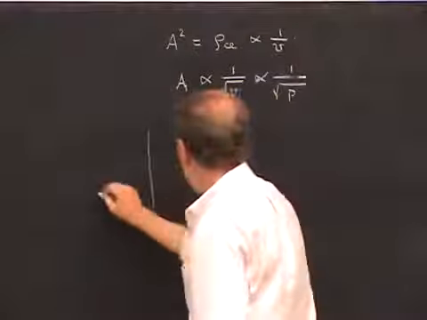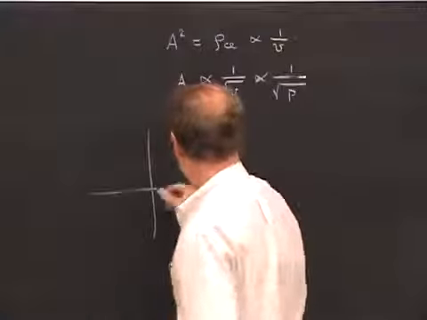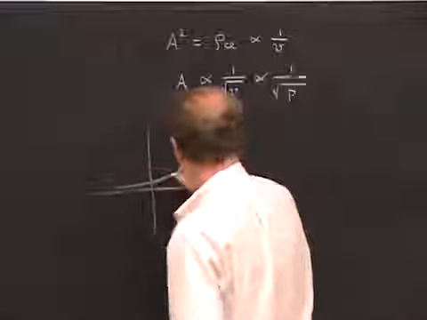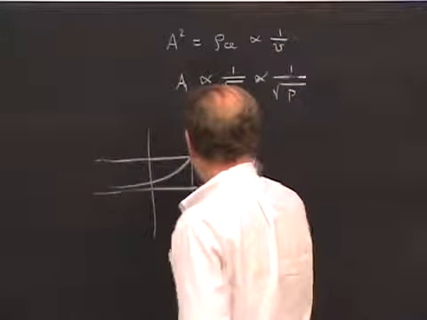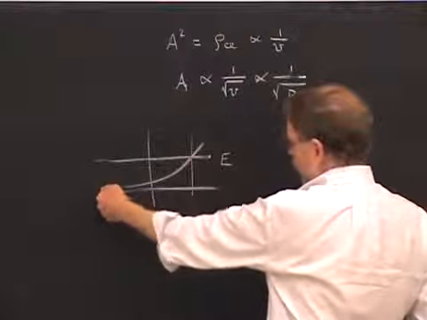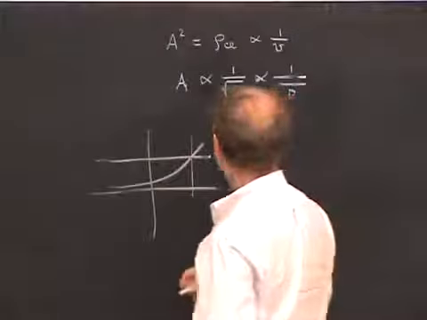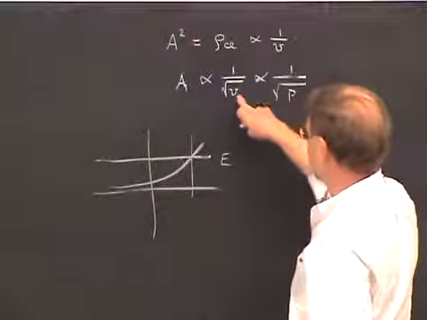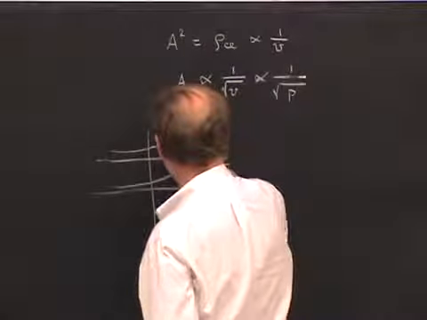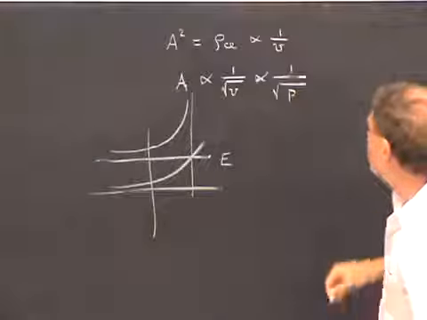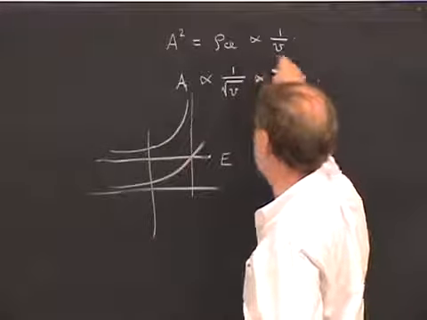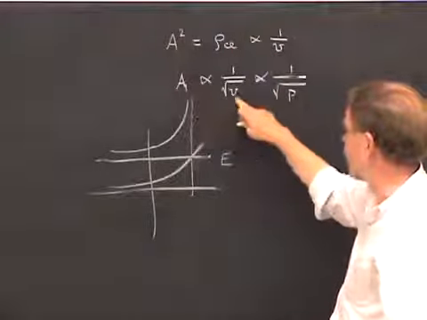In any case, if we have a situation like I sketched a moment ago, where we've got a turning point that goes up like this, here's an energy E, then if we plot the velocity, you see the velocity is positive here, but then it goes to 0 as you come to the turning point. So 1 over the velocity, or 1 over the square root of the velocity, is going to be a function that's going to do this. It's going to diverge at the turning point. In fact, the amplitude A goes as 1 over the square root of the velocity,